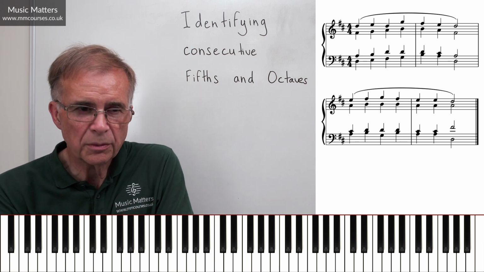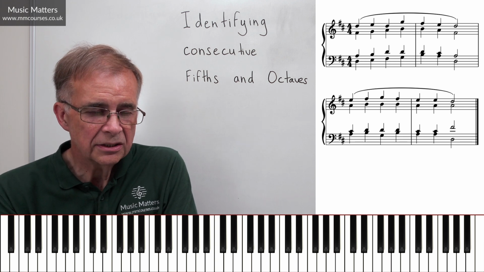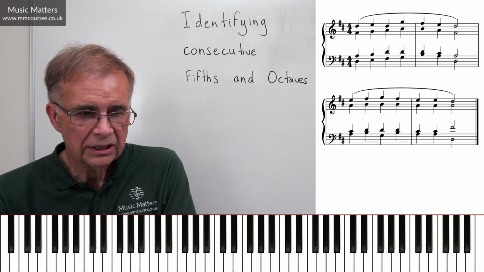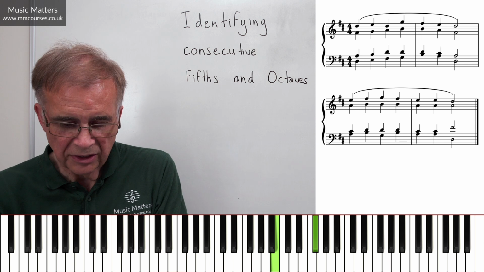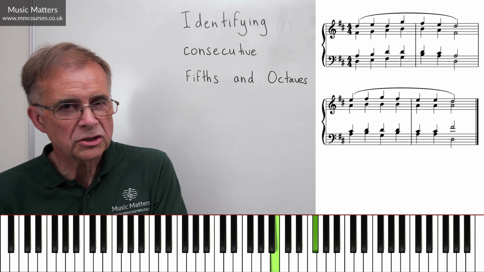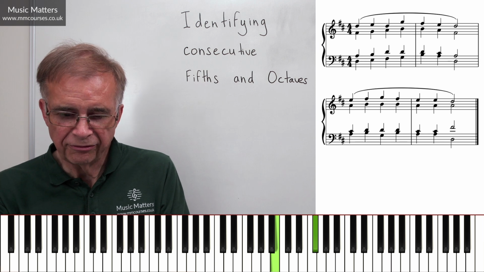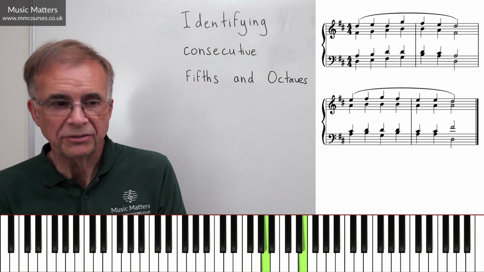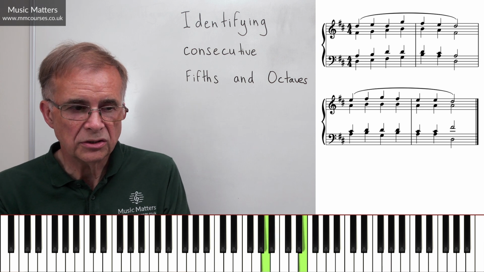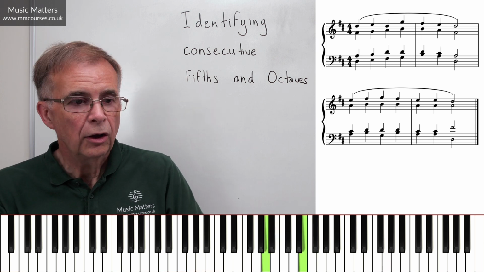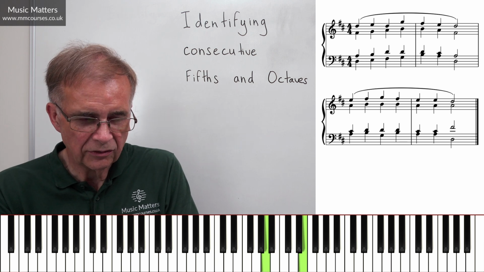If we check through the soprano and the alto parts, we get this. 6, 6, 4th, 6, 5th. Oh, now that's the first time I've come across a fifth, so I'm stopping now. This is bar 2, measure 2. Perfect fifth from B up to F sharp, followed by a perfect fifth from A up to E. So that constitutes consecutive fifths or parallel fifths. So we need to do something about changing those.